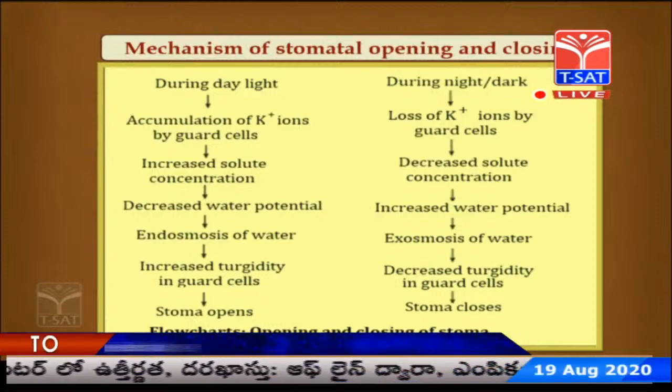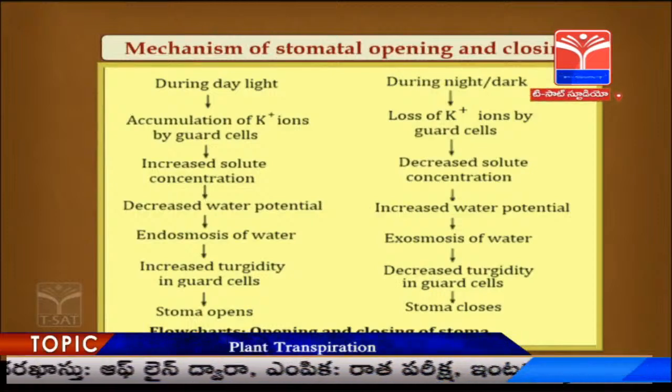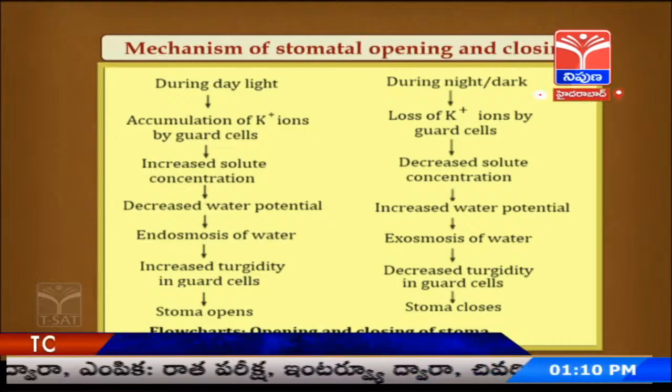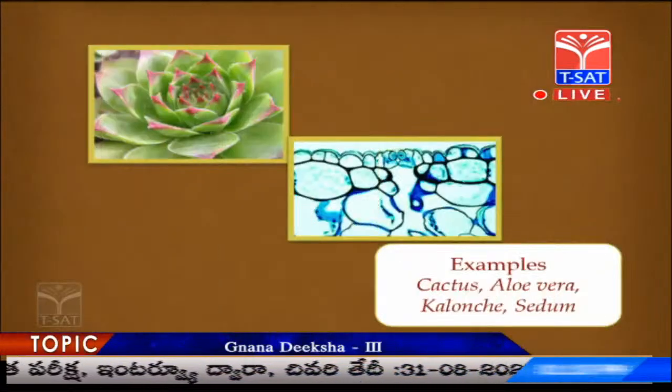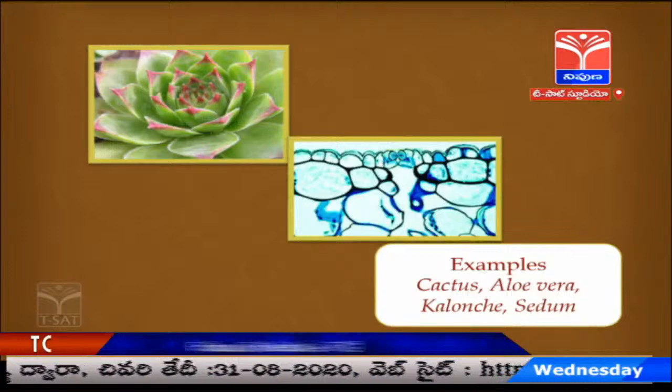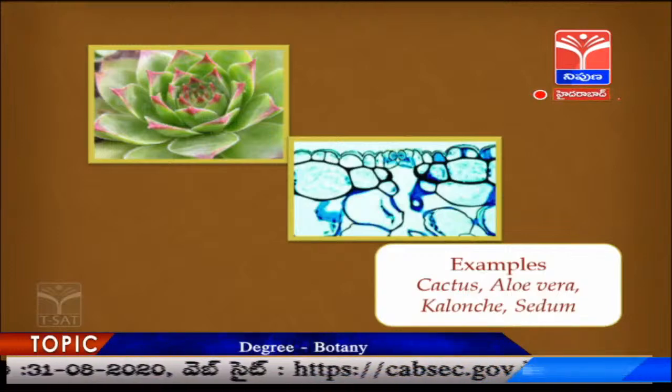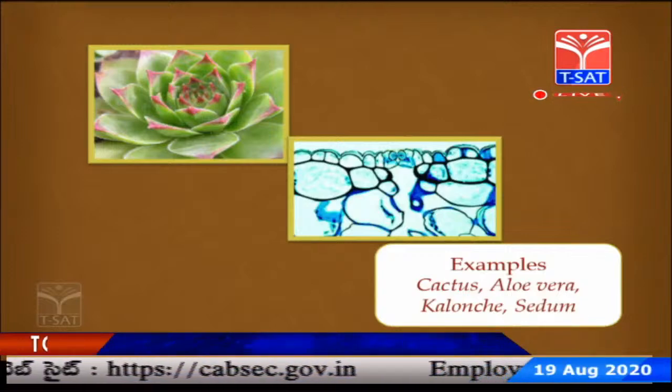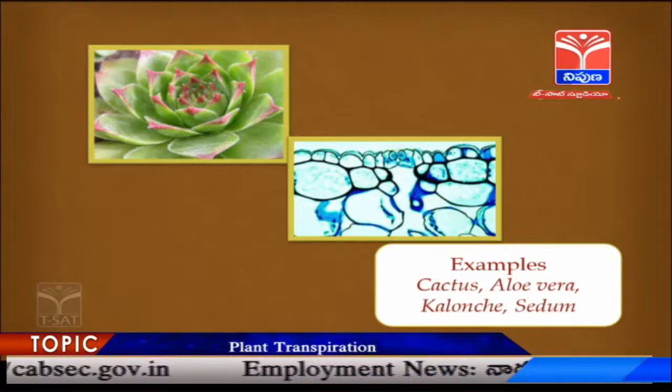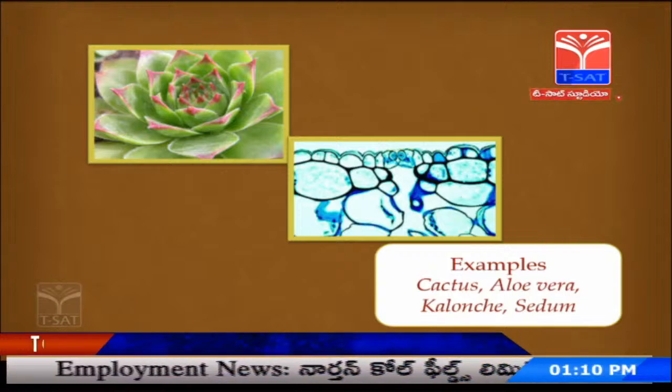Okay. So, this is the mechanism of stomatal opening and closing that we have discussed in all the previous slides, the same thing. So, what happens during day, what happens during night. One thing I would like to say is that it is purely related to photosynthesis in the guard cells and the mesophyll, purely related to the difference in osmotic potential that leads to either opening or closing of the stomata.